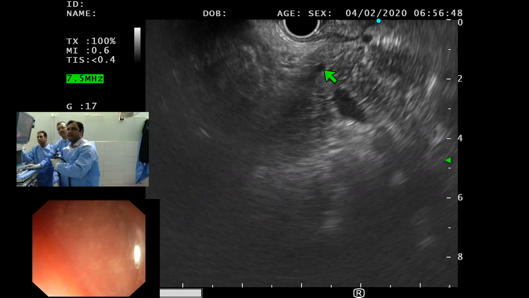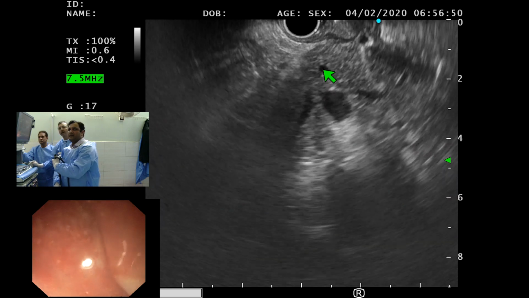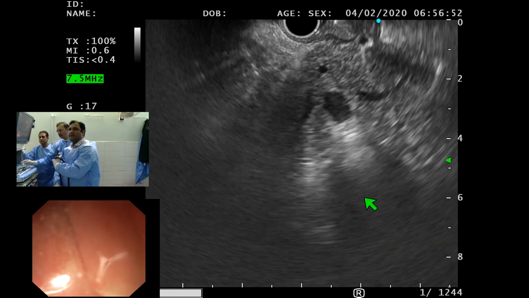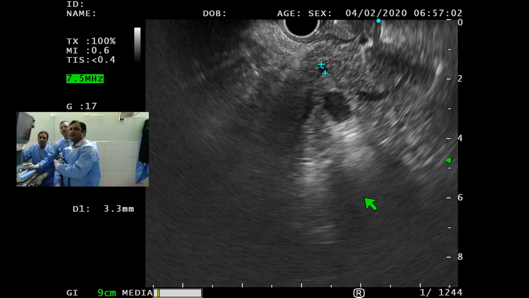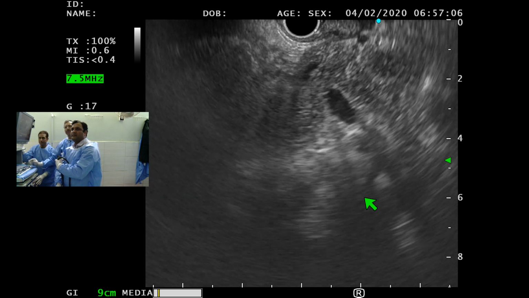This is the PD. Okay, let's measure this. 3.3, slightly upper limit of normal.